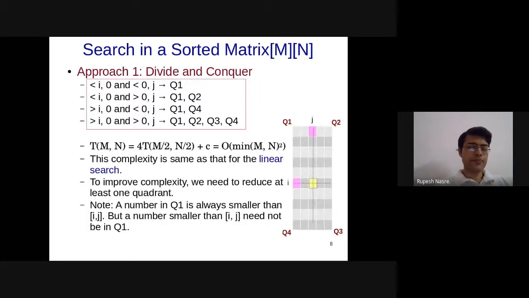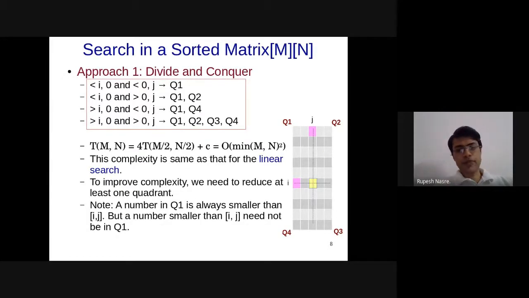All right. So one important point that we learned from last time is that if the number is in Q1, for example the left top corner, then we know that it is definitely smaller than the entry ij, which is highlighted in light yellow.